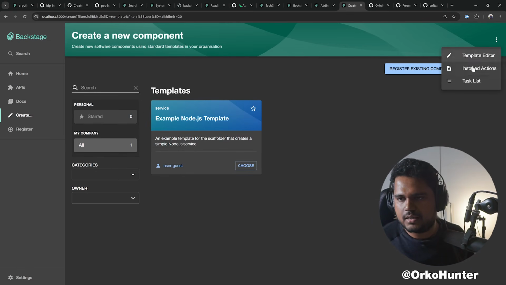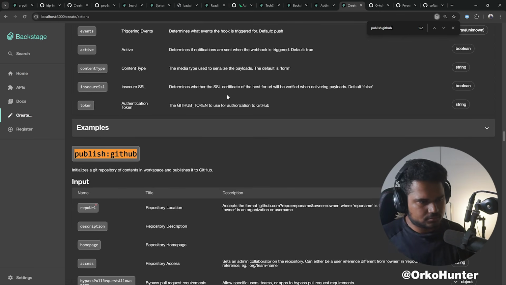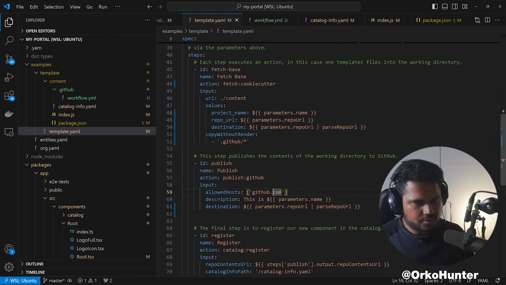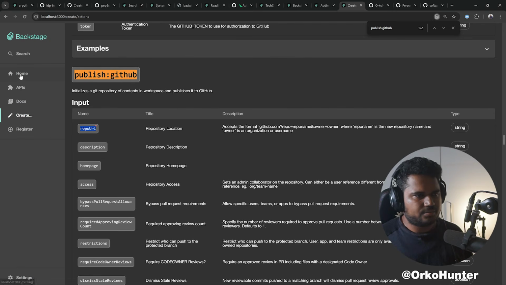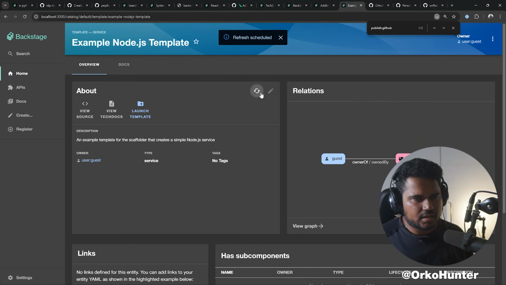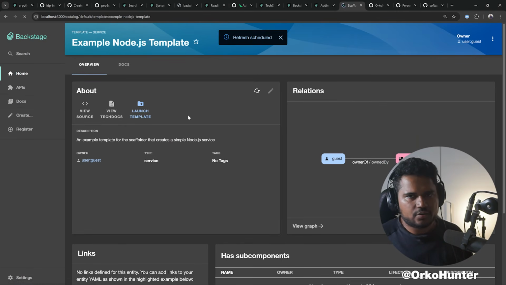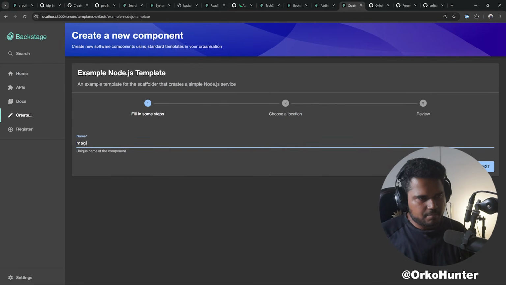Just install actions, publish GitHub. It needs a repo URL. What is destination? This needs to be repo URL, and I need to pass that to repo URL here. I don't know why I changed that. So wrong of me. Okay, go to template, refresh, reload, go to create, choose magical,